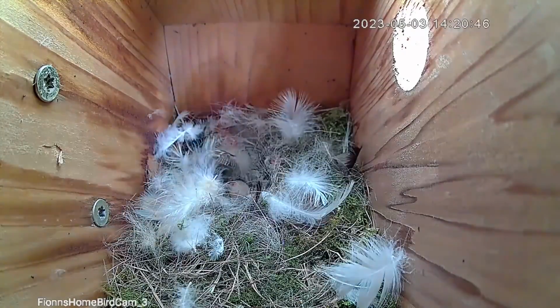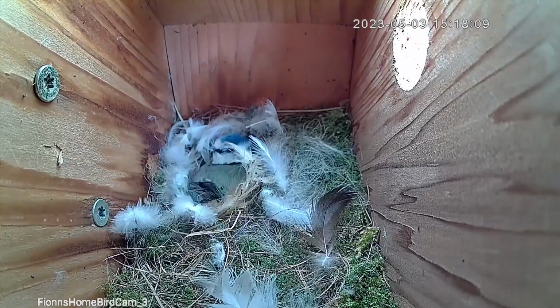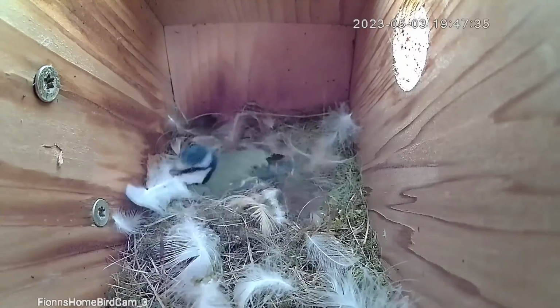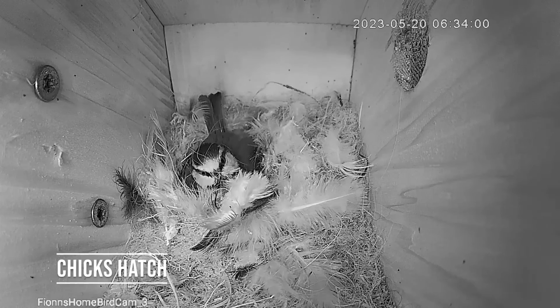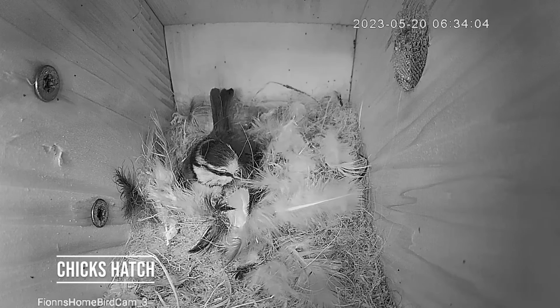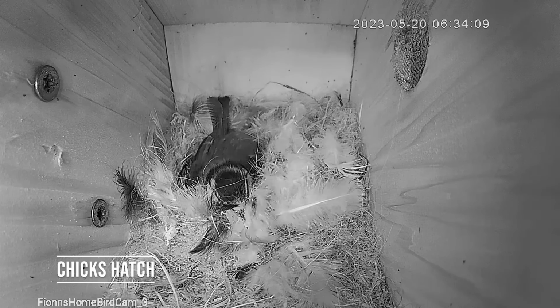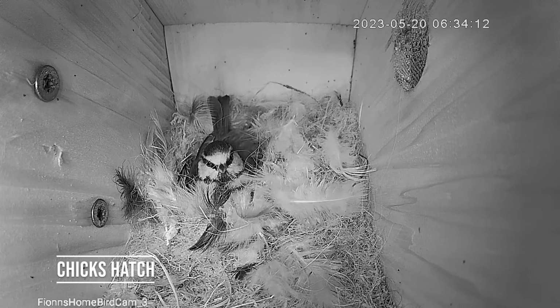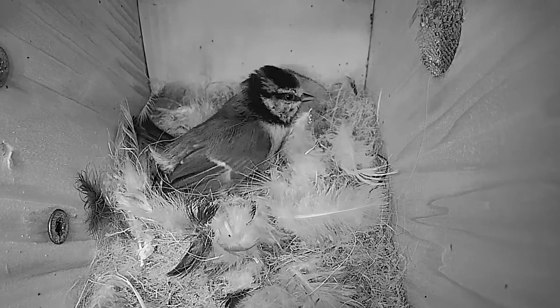And blue tits are known to incubate their eggs for 12 to 16 days, but our female blue tit, Wendy, actually took 17 days to incubate until her chicks finally hatched. And so on the 20th of May last year, new life was brought into the world by Wendy. And I suppose Willow helped out a little bit also. But it was Wendy that did all the hard work over the last 17 days, caring and heating these eggs to just the right temperature until